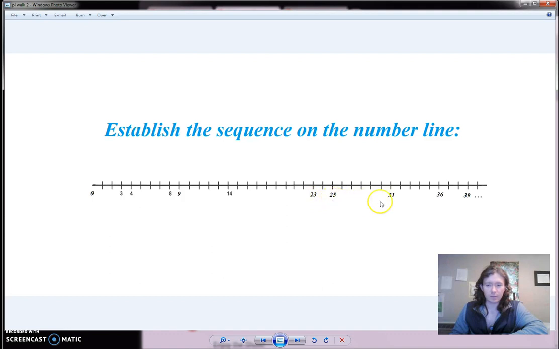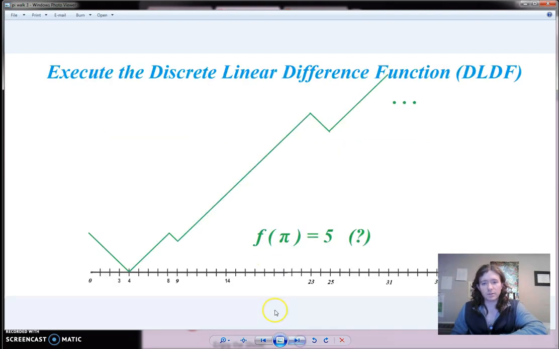but you're going to have each one of the elements in the pi sequence on the number line, and then you will use the path rule from DLDF, the discrete linear difference function, and this will generate a random walk in the plane that is functional in the sense that you're not going backwards, and it passes the vertical line test, and of course DLDF is a function, and the only thing that we're not sure of is whether or not